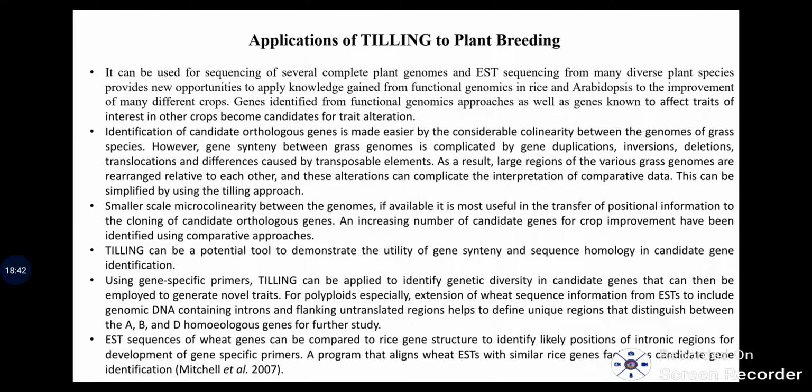Tilling can be used for sequencing several complete plant genomes, or EST sequencing from many diverse plant species provides new opportunity to apply knowledge gained from functional genomics in rice and Arabidopsis. Identification of candidate orthologous genes is made easier by this particular approach. Smaller scale microcollinearity between genomes, if available, is most useful for transferring the positional information to the cloning of candidates